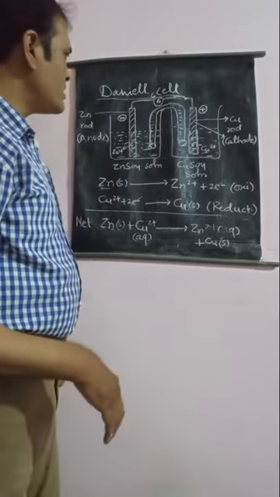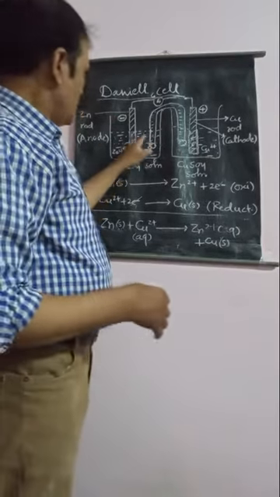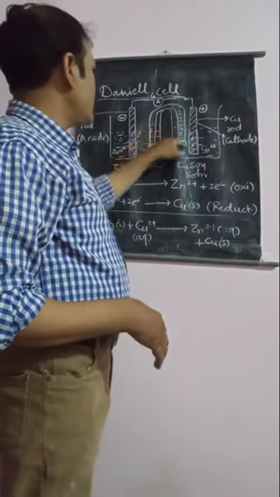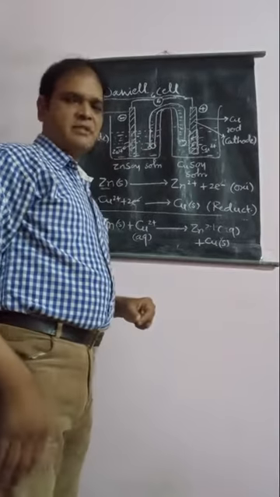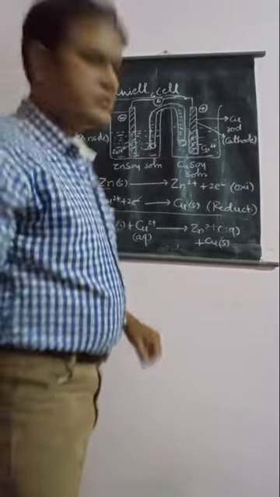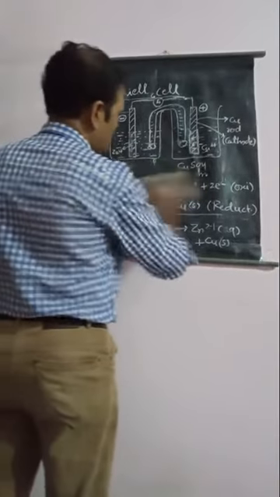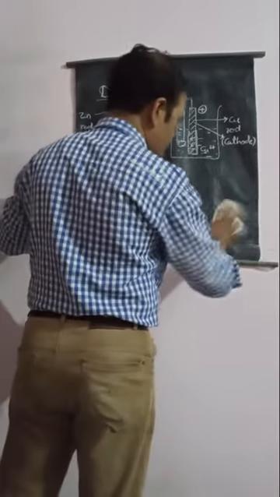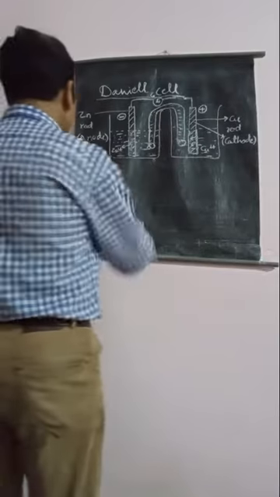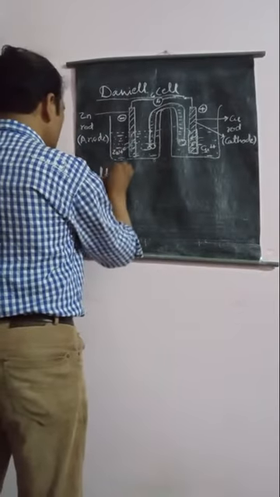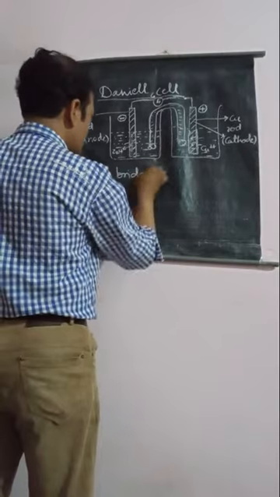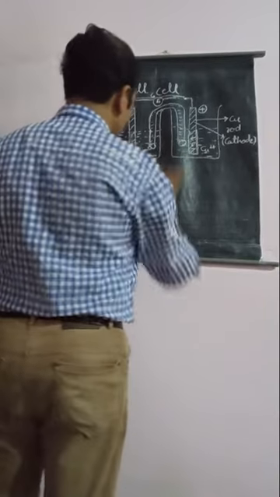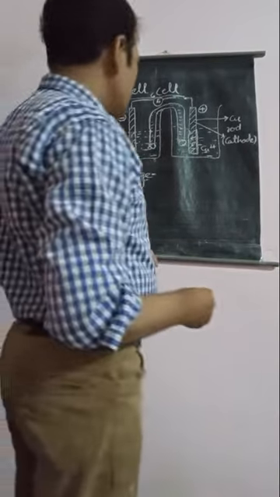Now we will see another device which is directly attached with this cell, that is known as the salt bridge. So now we will see about the salt bridge and its function. The function of the salt bridge was asked previously, in previous years. That's why we will look at the salt bridge. What are the functions of the salt bridge? There are generally about 2 to 3 functions of the salt bridge.